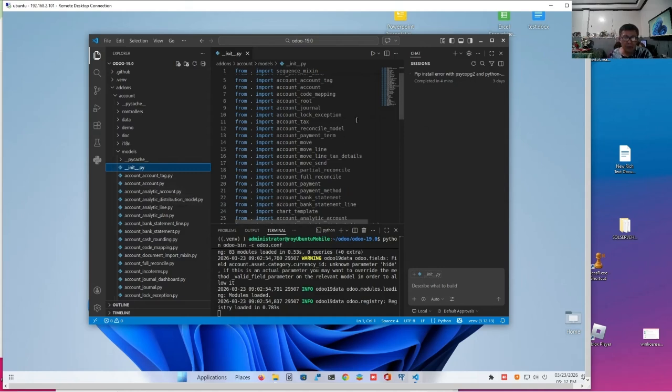For example, you have here an import account tag, so you will have an account_tag.py. You will have an import account, so therefore you will have a file called account.py. So that's how init.py is actually the lifeline of your Python project. It ties everything up.